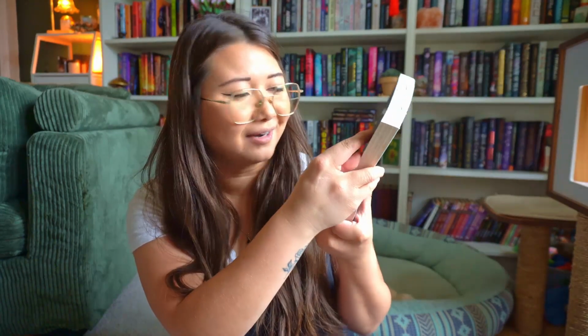Then we have a book adapted into a movie, and I believe there's a sticker on this one. Unfortunately, not a removable sticker, but this is No Exit by Taylor Adams. I actually do have this one picked out for my horror bingo by Wicked Reading, and I'll include that bingo board here. But I do have that one on the list for that one, and I was really struggling to look through my shelves to find a book that was adapted into a movie that I haven't read